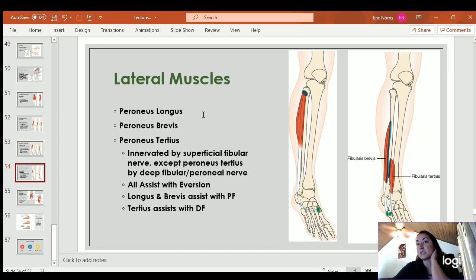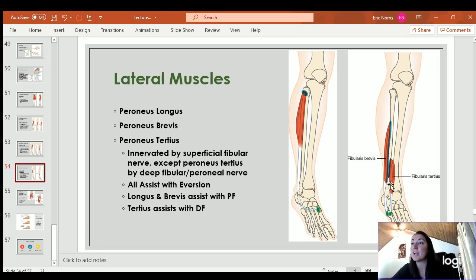The lateral muscles of the foot, and we're almost done. Hang in there just a little longer. We have peroneus longus, and we have fibularis brevis and fibularis tertius. All of them could be called fibularis. All of them could be called peroneus. I learned them as peroneus. So I learned peroneus longus, peroneus brevis, peroneus tertius, but you could replace that with the word fibularis and it would also be accurate. They're all innervated by the superficial fibular nerve, except for peroneus tertius, which is the deep